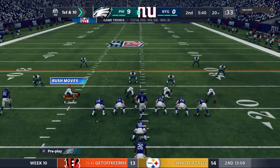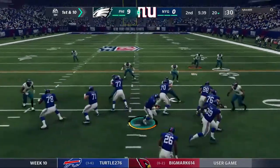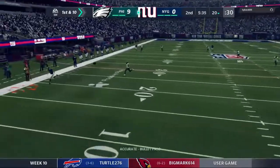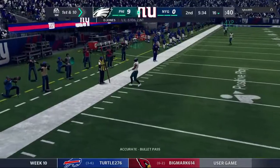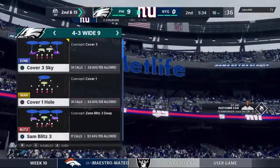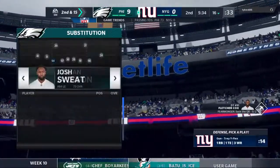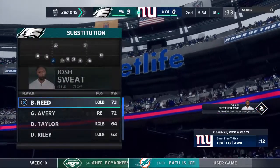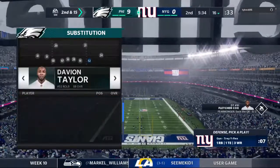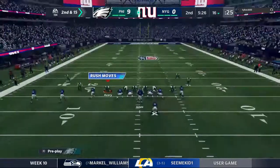The Giants offense at the line, ready to begin their next drive. It hasn't gone particularly well for them, that's obvious. In these conditions, no points so far. They've got to get that offense on track. The question, how do they do it? It is the age-old question, isn't it? And to me, finding a way to make sure your playmakers touch the ball without it being too exotic. Meaning you don't have to go deep down the field. Maybe you hit them on those short passes on the perimeter. Make sure you just turn around and hand it to your best runner and get out of the way. Don't cause any extra